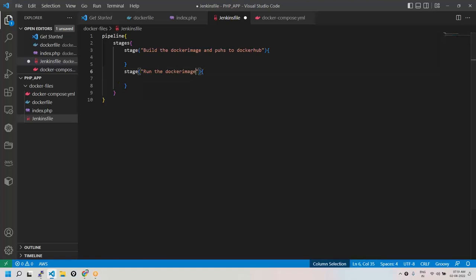Correct? This may be happening on deployment server. Right? This may run the Docker image. We know how to run Docker image. We already have done that. But now using Docker compose file, or else using Docker compose tool,